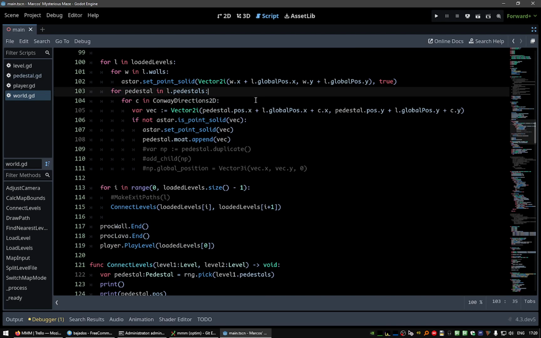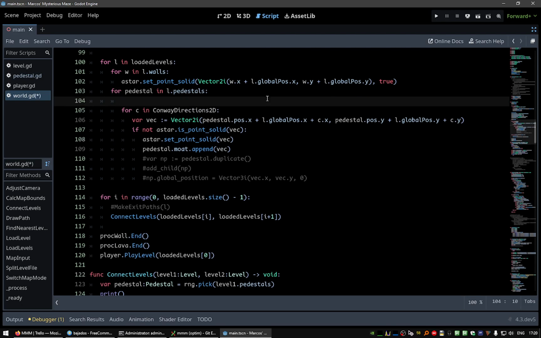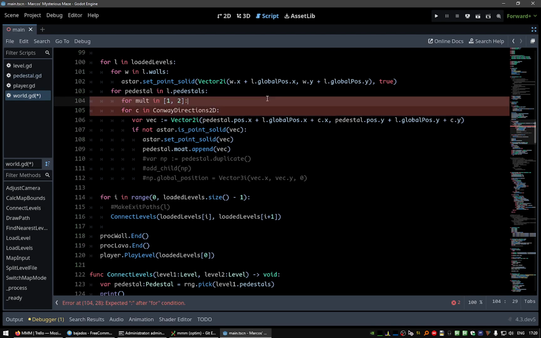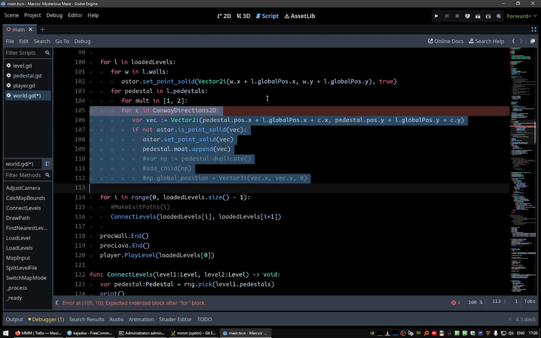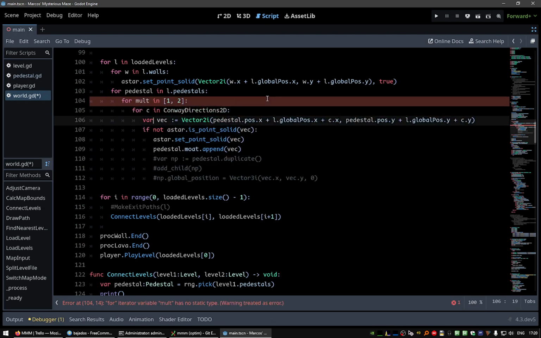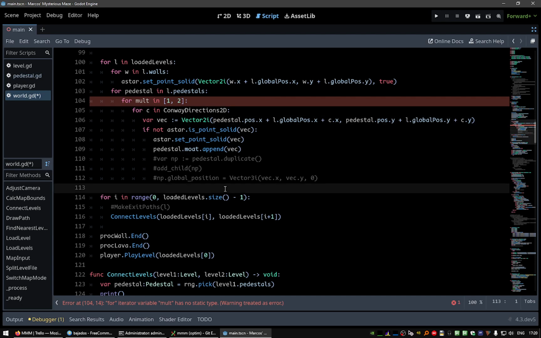Let's add a multiplier, and do all this 2 times. One to a distance of 1 and the other to a distance of 2. Although obviously this, yeah, this is,